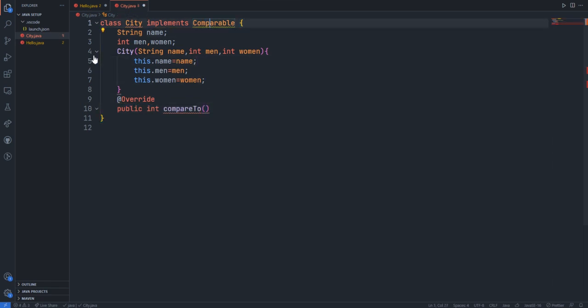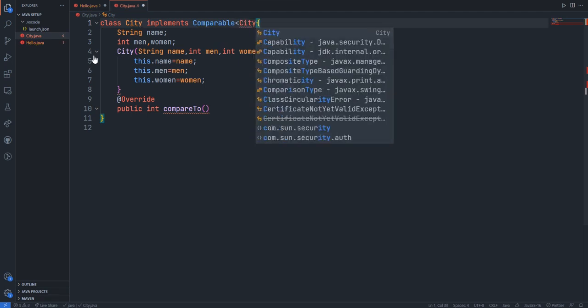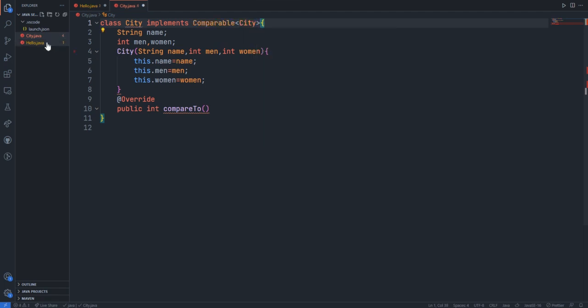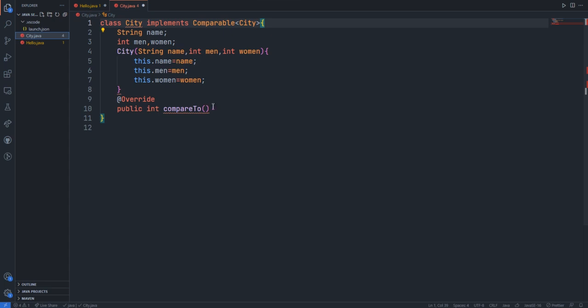This Comparable is of type City, right? They are passing Collections.sort with a list of City objects, so we need to mention that here. Inside this they will pass a parameter of data type City.